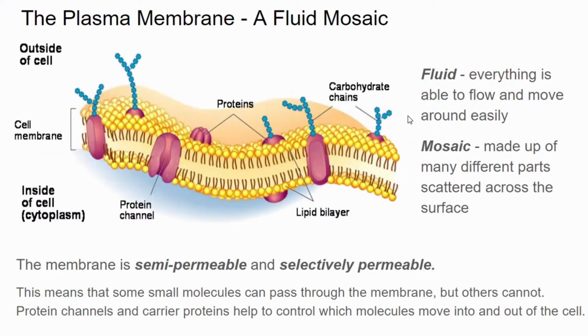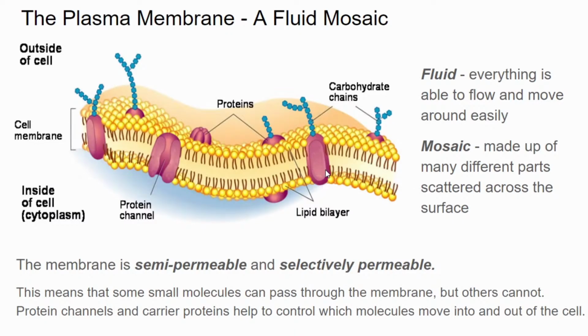So here is a zoomed out view of our plasma membrane. You can see we have our phospholipid bilayer here. We've got our phosphate heads all lined up, top and bottom, and we have our fatty acid tails all congregating together in the middle. Throughout our